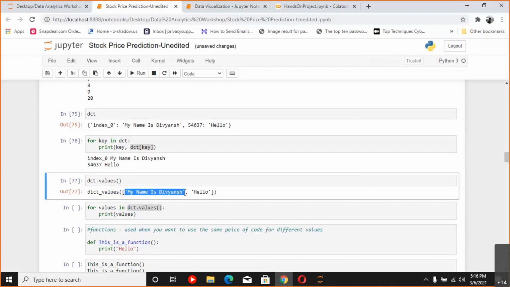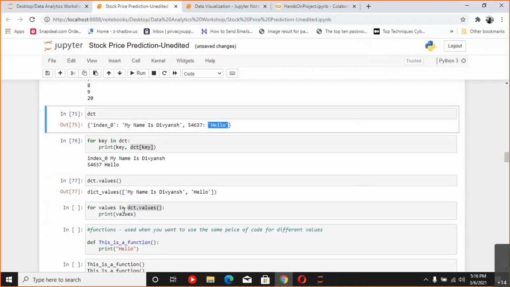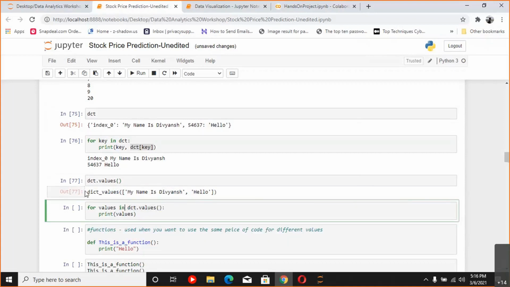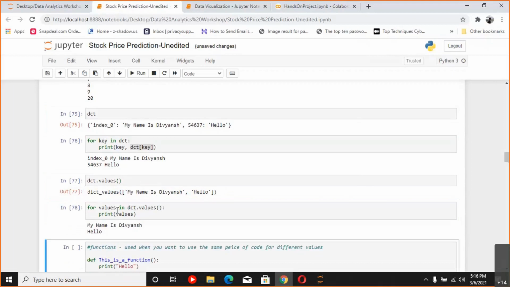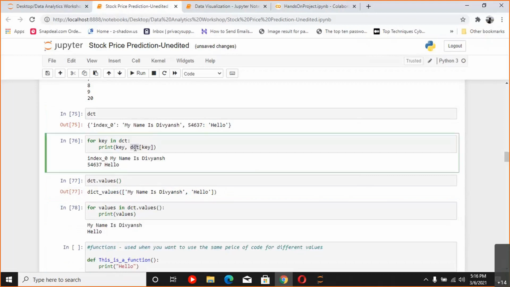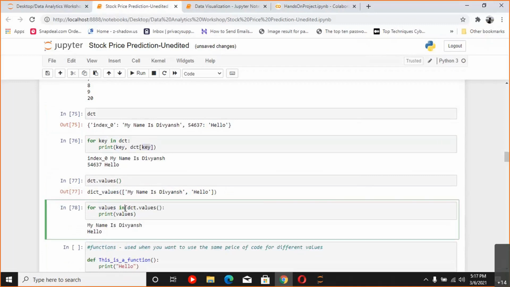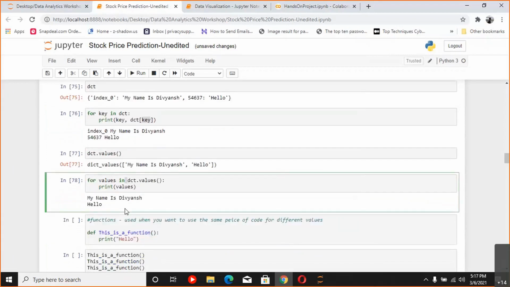That is my name is Devansh and hello. These are the two values that were inside of the dictionary. So if you just do dct.values, this will return this kind of structure and you can iterate over this also. In this case, you can directly print the values and you don't need to access them by passing the key in dct. It will directly access the values inside of the dictionary.